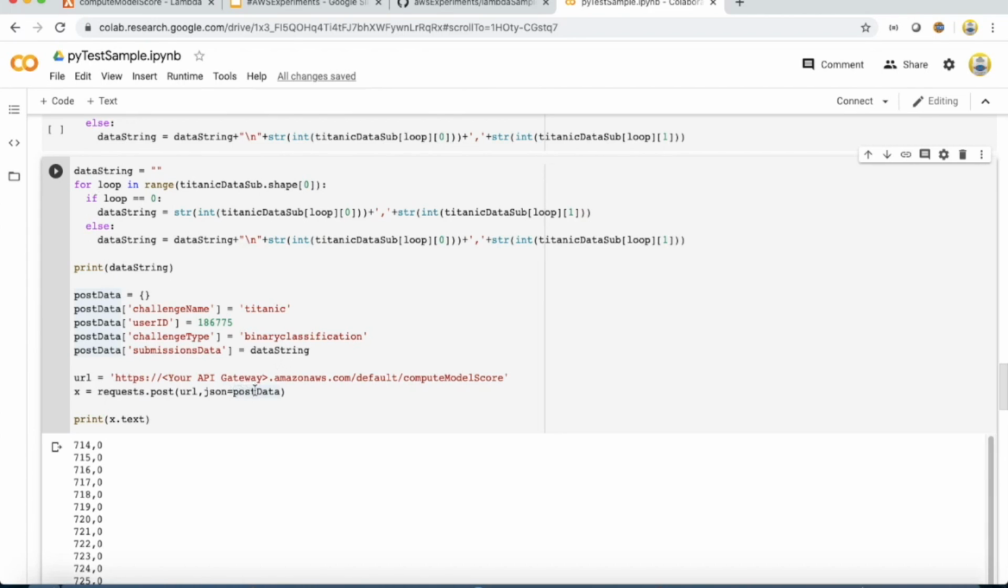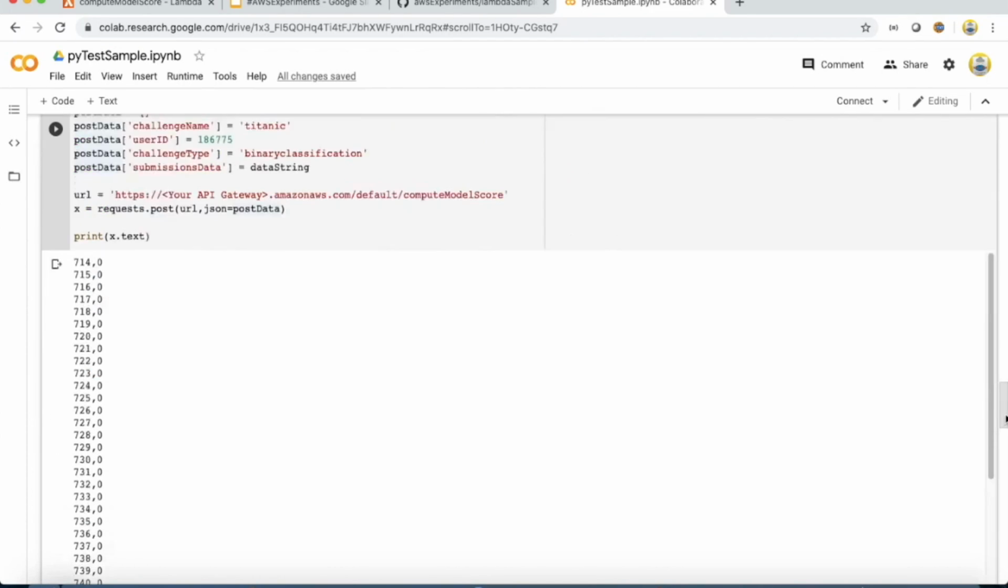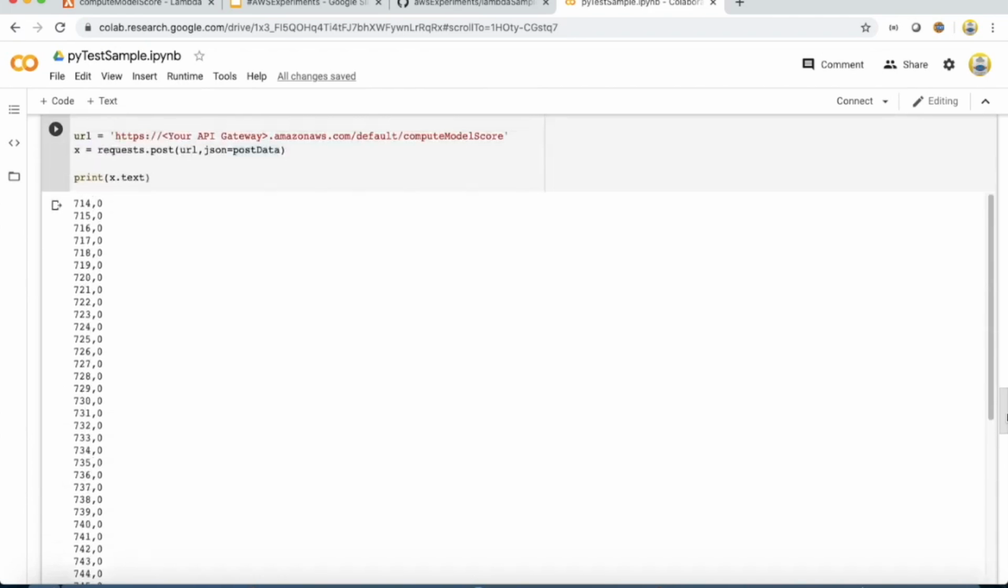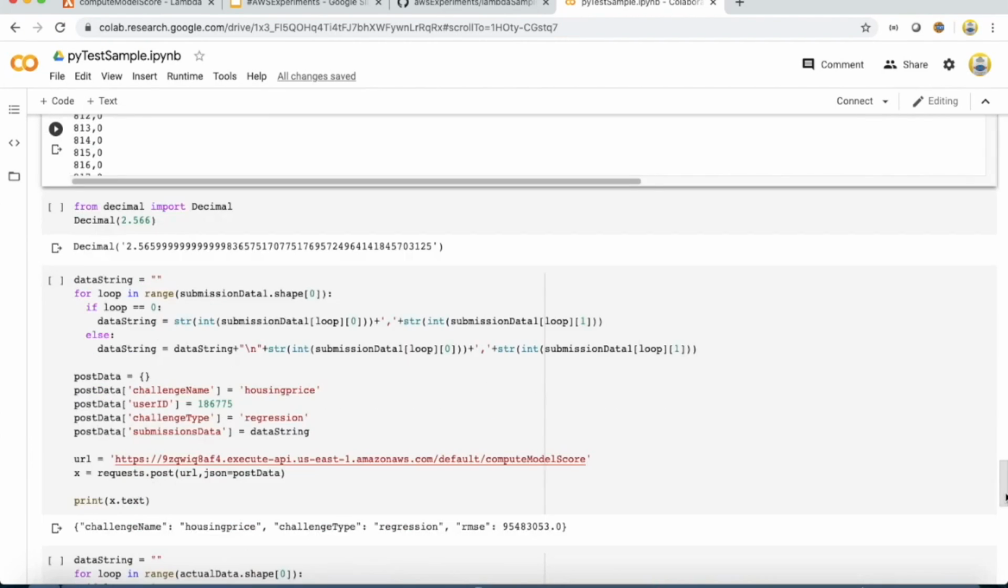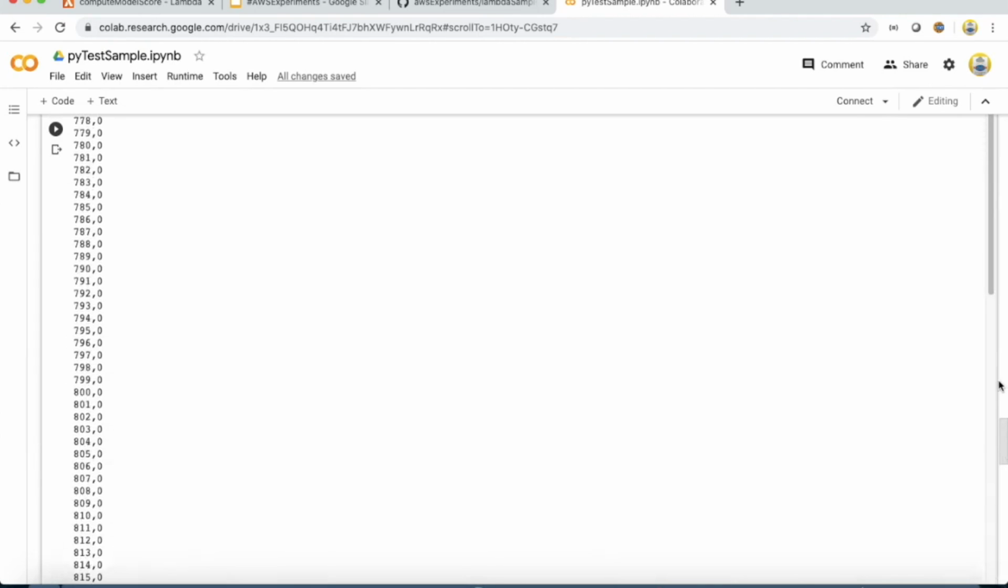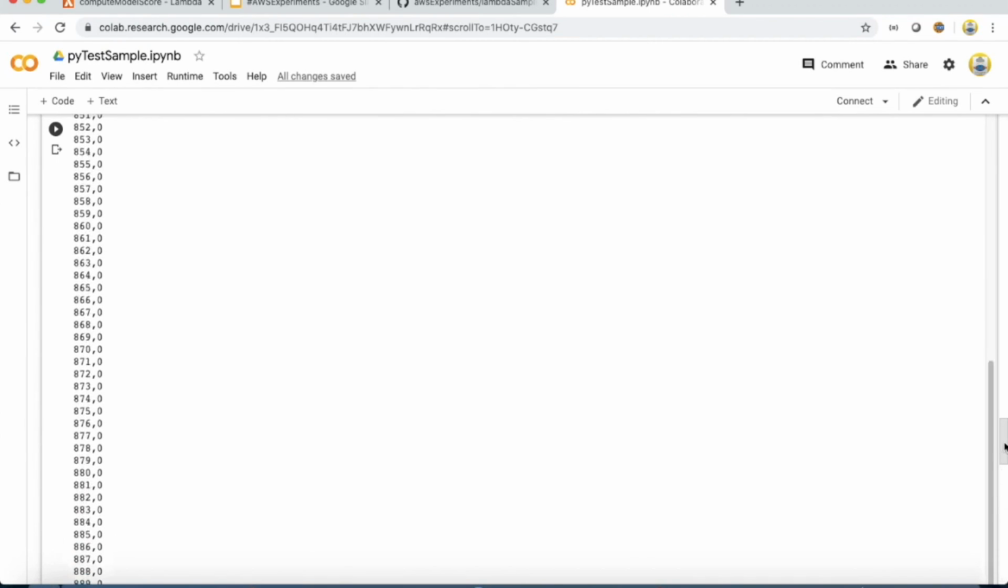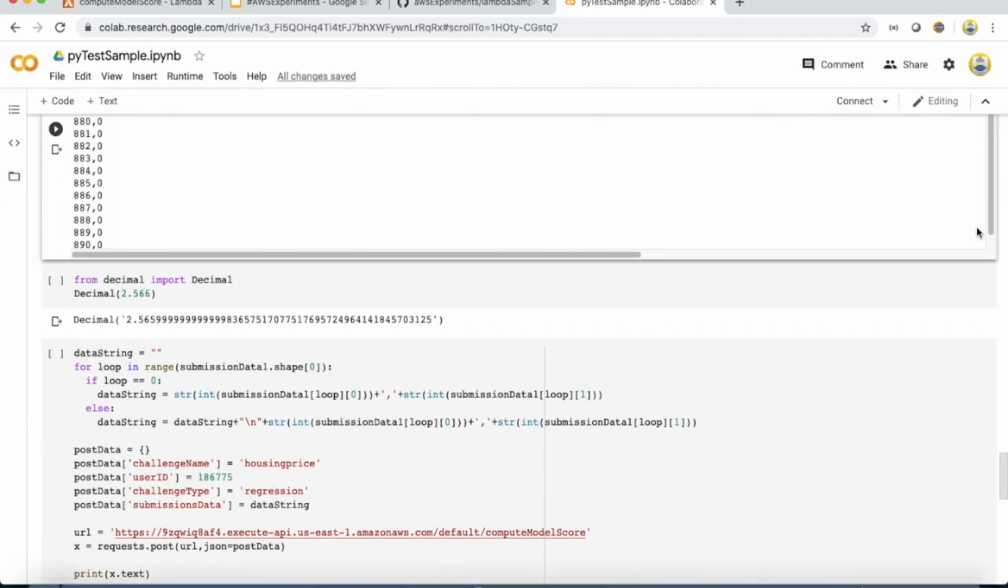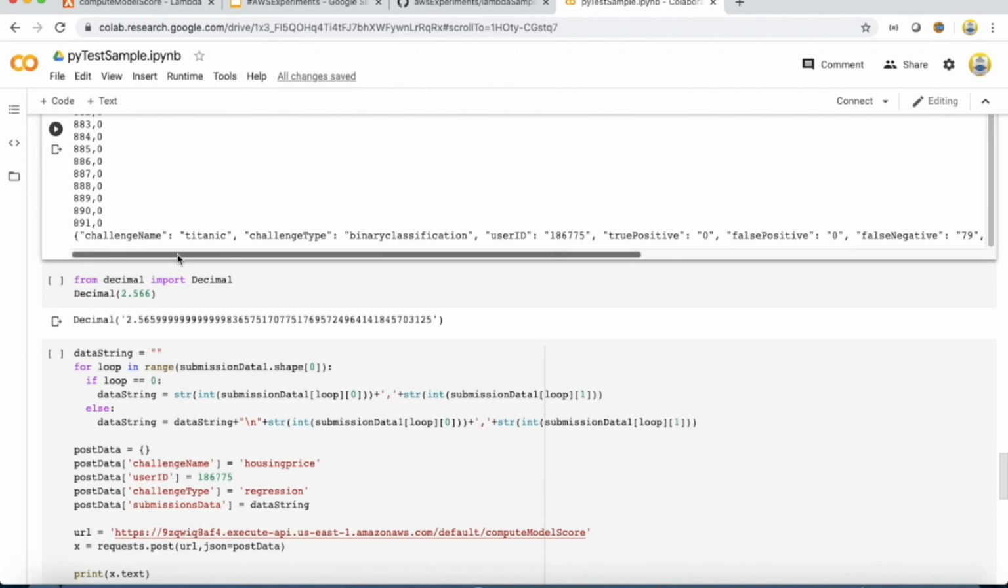Now, what it is going to do is activate the Lambda function. It is going to process the data that the data scientist has submitted, and then return the results. As you can see here, I've just printed out all the IDs, right? And if you look at the actual returns, give me a second, the actual returns will look like this,